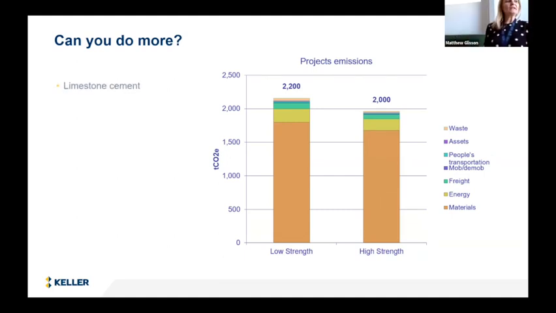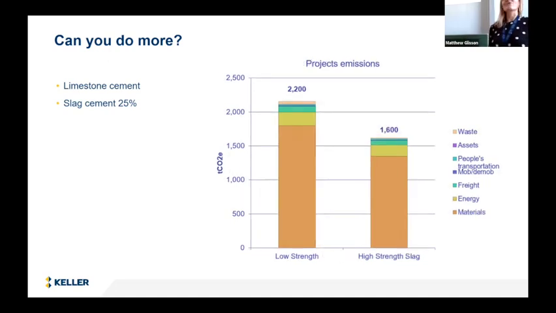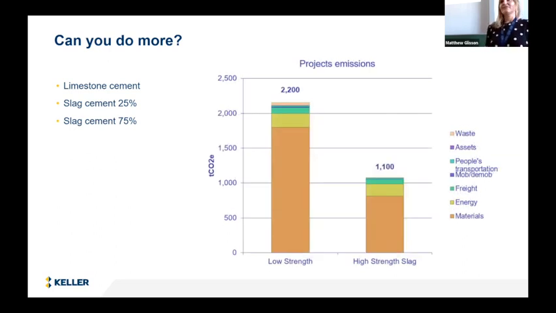For example, can you use limestone cement? This is kind of a new thing in America. I know you guys have been using it for a long time, those of you from Europe. So if you go to limestone cement, you can cut another 100 tons. If you say go to slag cement, a 25% blend, you can cut another 300 tons. And say you went all the way with slag, well, almost all the way, 75%, you can cut 500 more